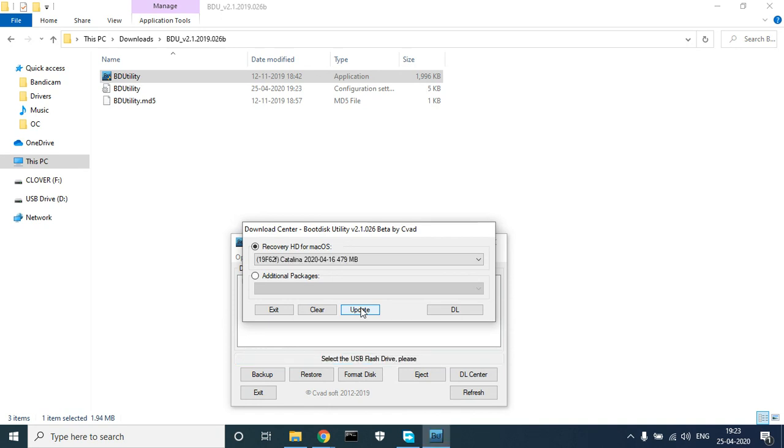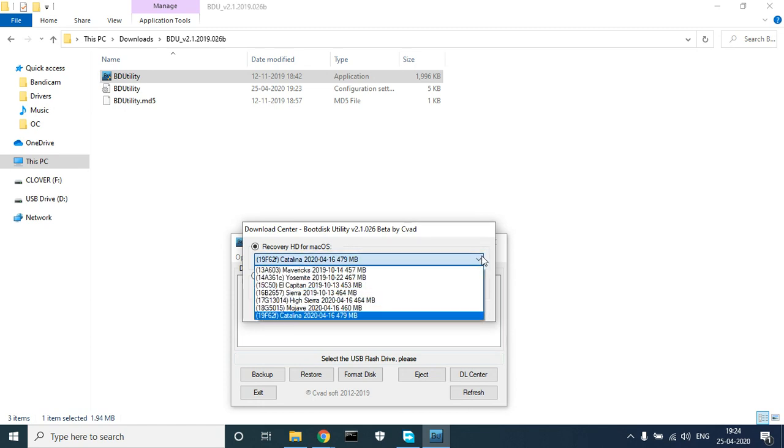So friends, it has updated the catalog for the recovery HD images for Mac OS. I will show you. You can see all the versions of Mac OS are there, starting from Mavericks, Yosemite, El Capitan, Sierra, High Sierra, Mojave, and Catalina.